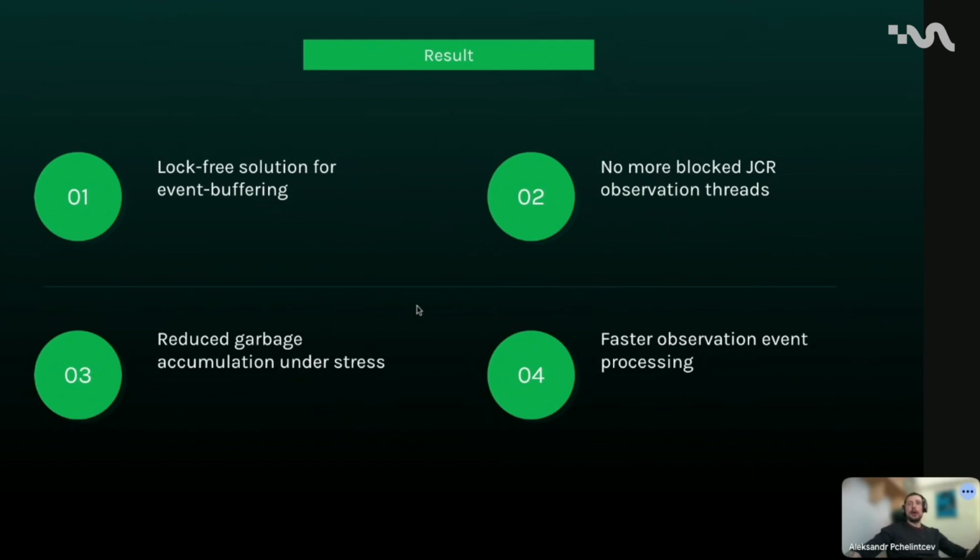So that improves Magnolia throughput when something heavy is going on in the background, and generally improves the processing speed of observation